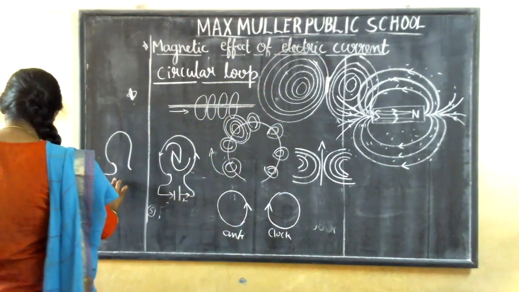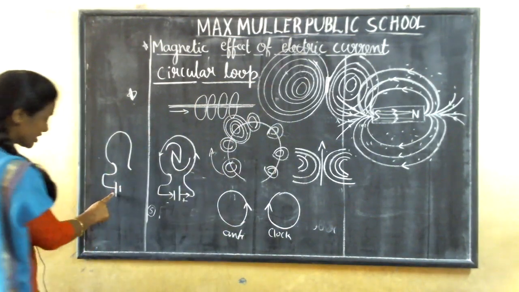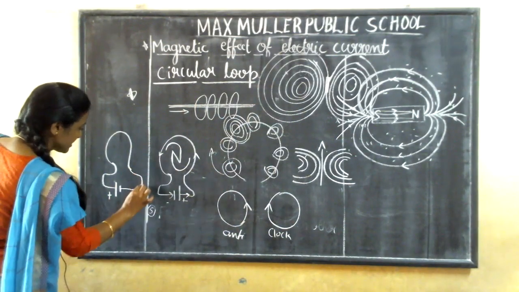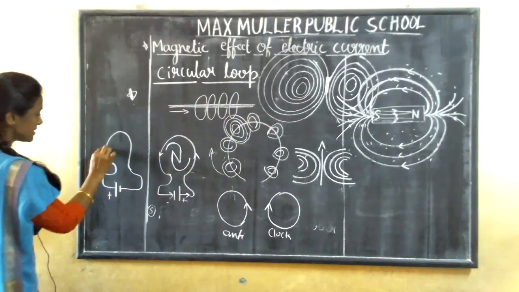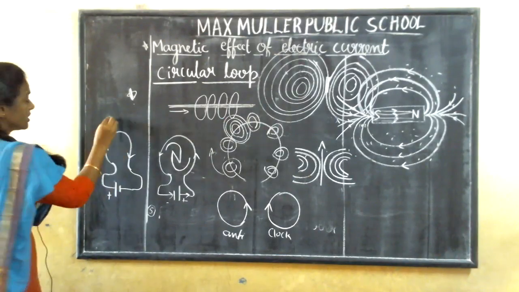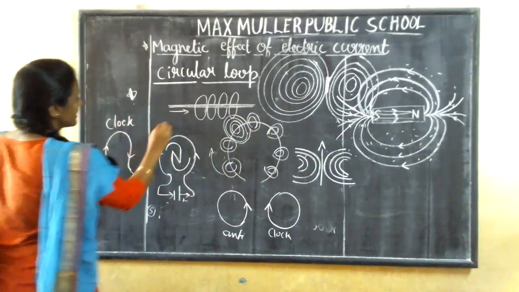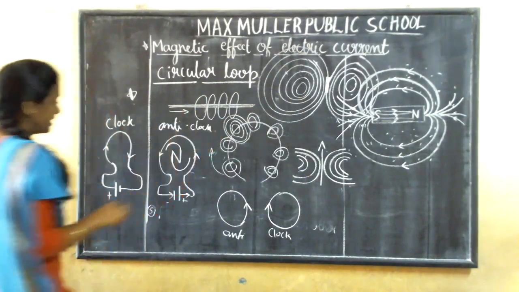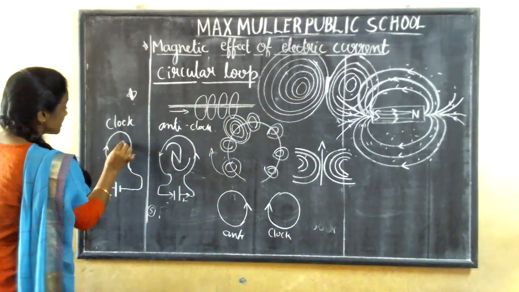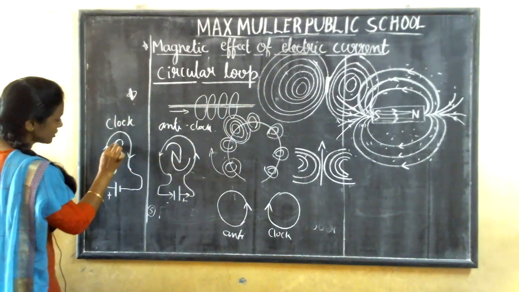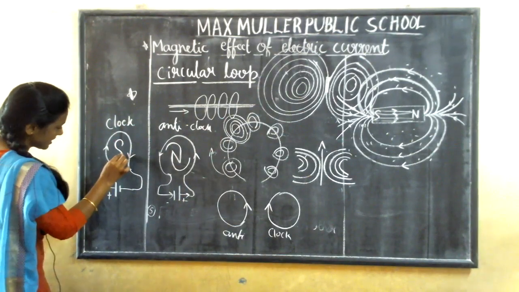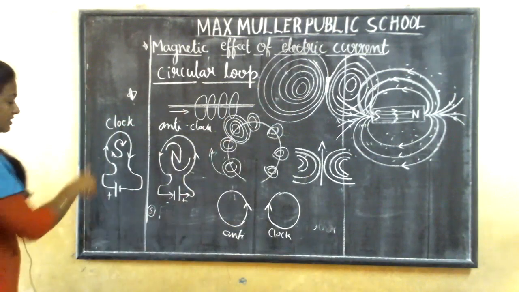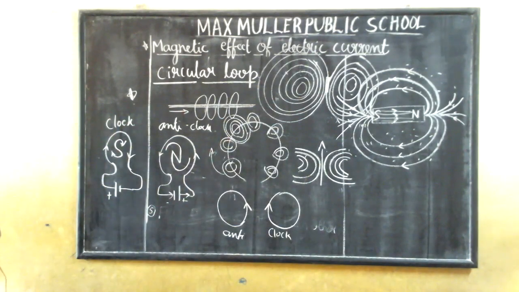You can go with the same for the south also. Again, I'm going to change the direction. You can see, children, I'm going to change the direction. Let us see what happens here at this point. The current is flowing in this direction. This is clockwise and this is anti-clockwise. So this only shows us the direction of a current. Don't get confused.